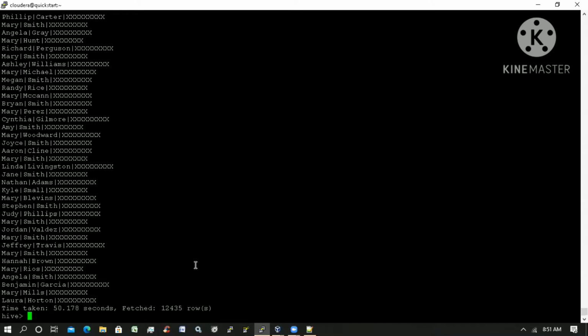Okay, guys, is it clear? What is the difference between concat WS and concat? Shravan, there's no difference between concat and concat WS. It's the same, but our effort is reduced. Here the pipe symbol we have added only once.